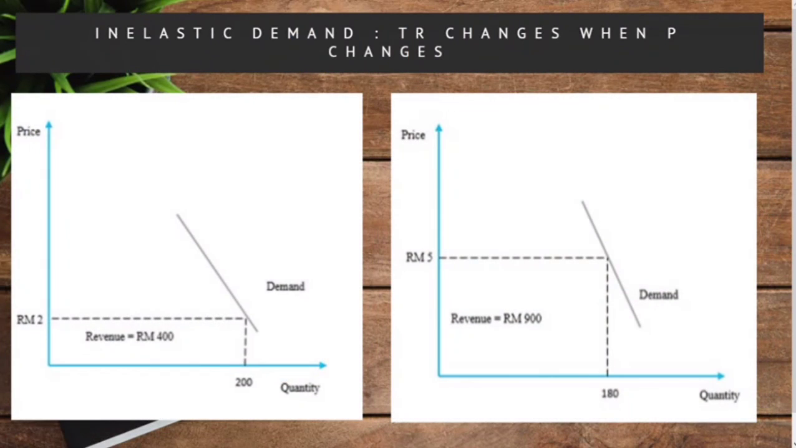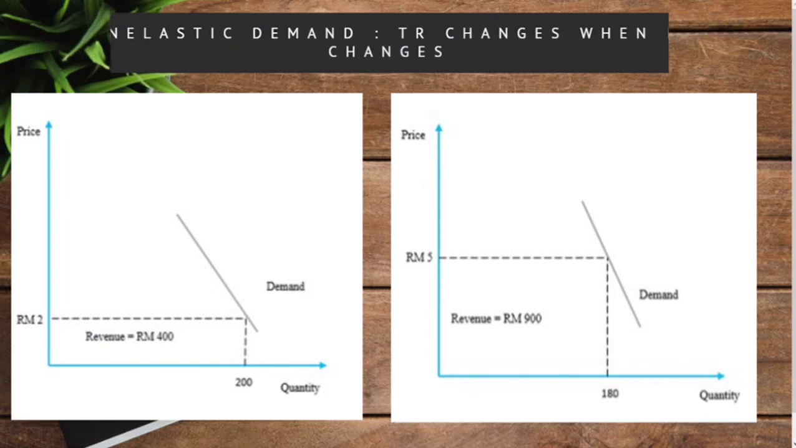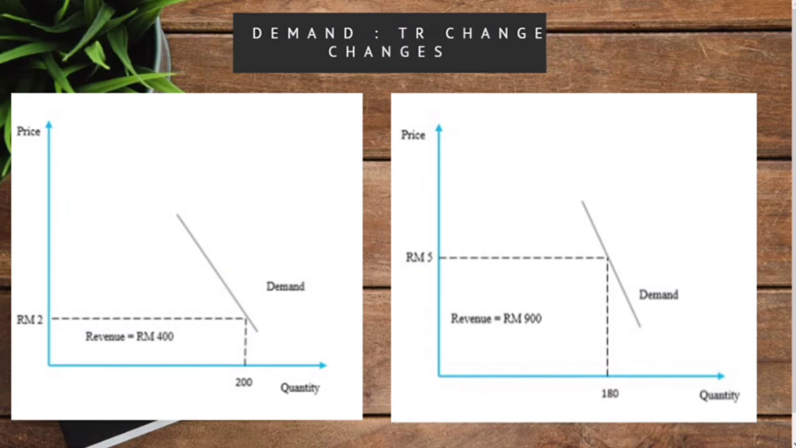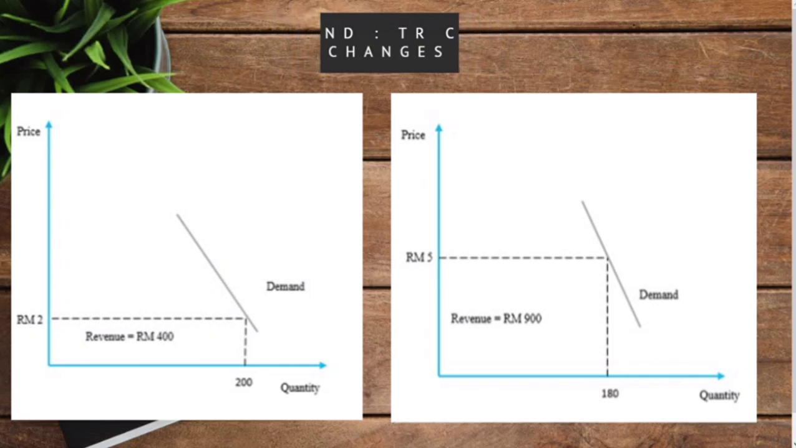And if a firm faces inelastic demand, an increase in the price leads to the proportionately smaller decrease in quantity demand. Thus, total revenue will be increased. In this case, when a price rises from 2 ringgit to 5 ringgit, causes the quantity demand to fall from 200 units to 180 units. So, the total revenue rises from